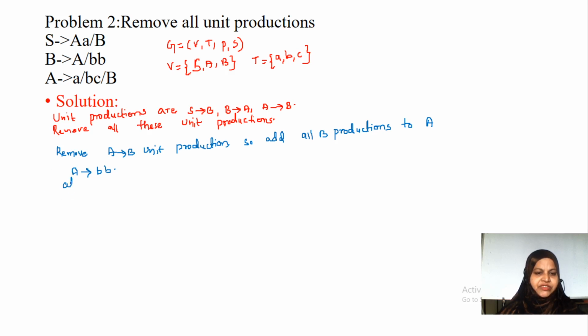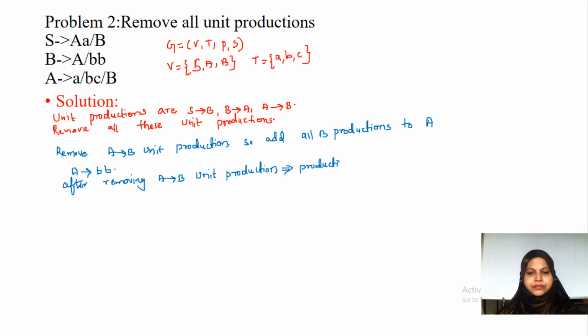After removing the A tends to B unit production, the productions of the grammar are